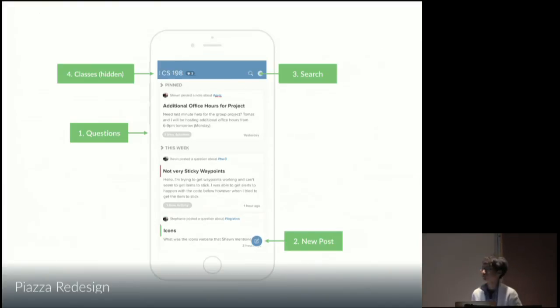Yeah. I think those two points make sense too. I think it's really, really cool. My thought process behind this was, when you're using a phone, the reachability from your thumb is very, very important. So if the new post is on top right or top left, I have to reach all the way over here. But if I put it on the bottom right, it's really accessible. So that's why I put it on the bottom right.